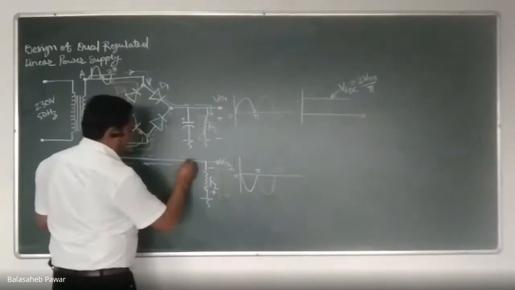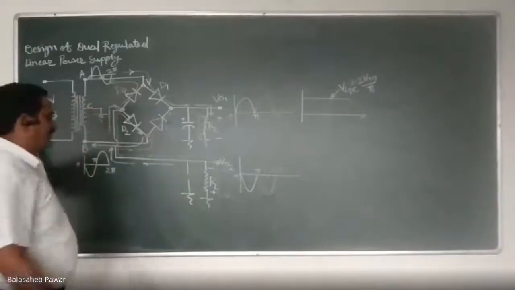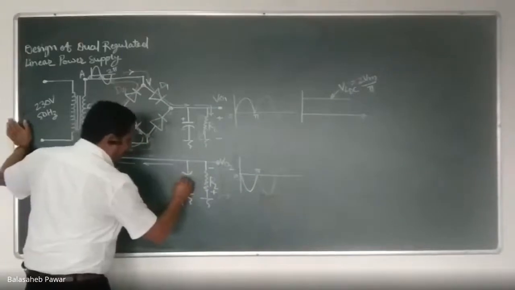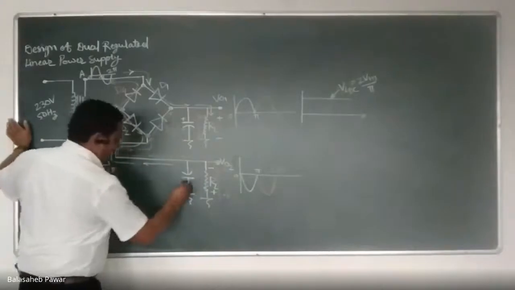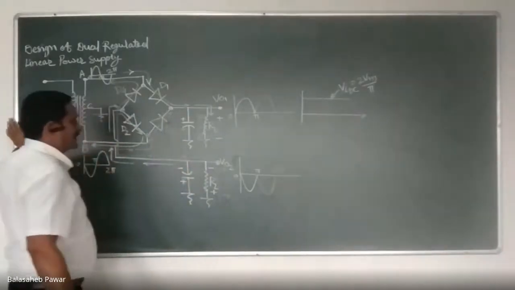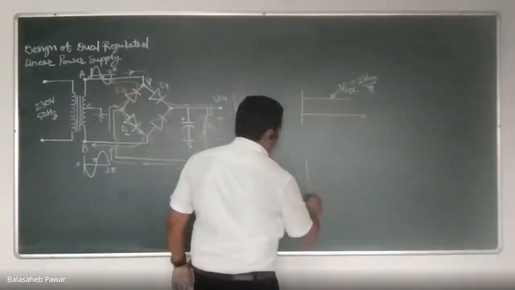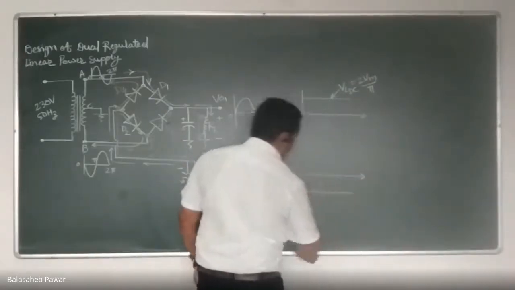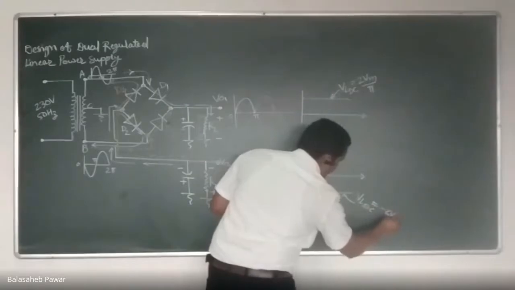Similarly, if I connect one more capacitor across the lower half, here you have to take this terminal, it should be negative to VO2 of that capacitor, and positive should be connected to ground. Then and only then it will store the charge with the shown polarity. And hence the obtained output voltage with the filter capacitor will now look like this. That will be below the x-axis. And again its average value, that is VLDC, will be equal to minus twice Vm by pi.